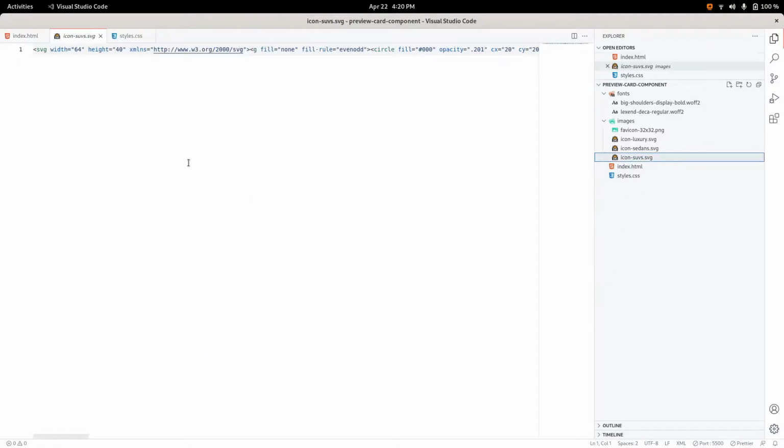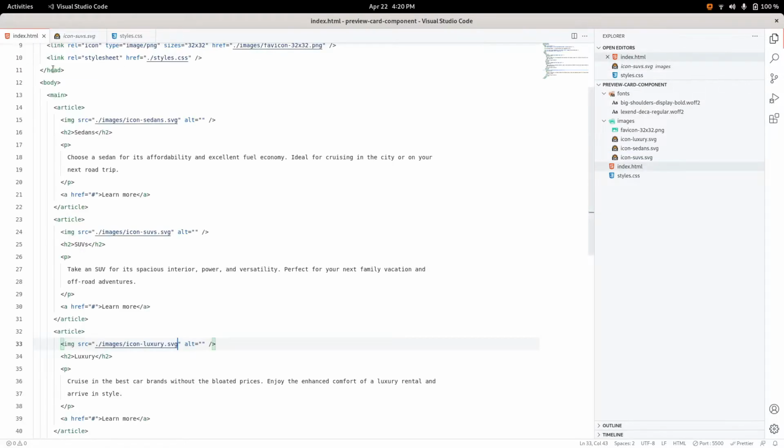Looking inside my SVG, I can see that there is a width of 64 and a height of 40 pixels. So we will apply the same values to our images, which gives us some benefits in terms of performance and layout. Whenever we load the page and the browser hasn't yet downloaded the images, it will pre-assign a space of 64 by 40 pixels for this image. So it's more or less like a blank space, if you will. And this prevents our layout from shifting around, especially our text content, while images are in the process of being